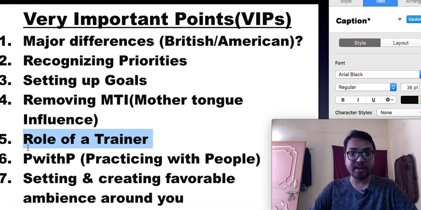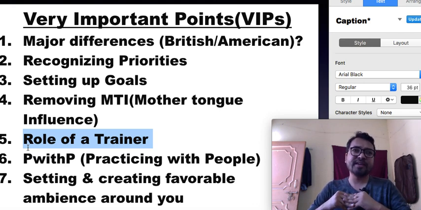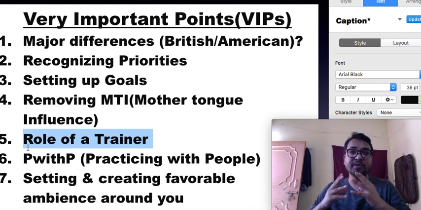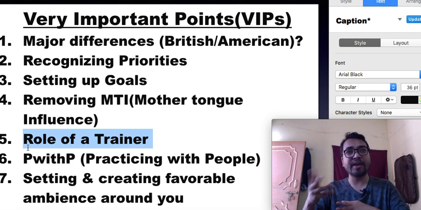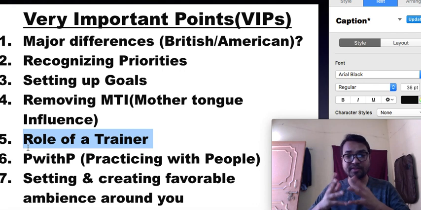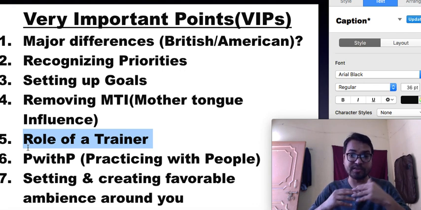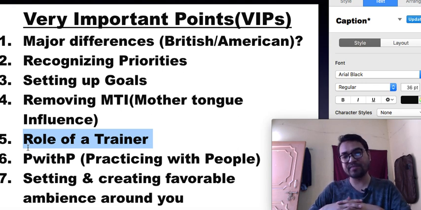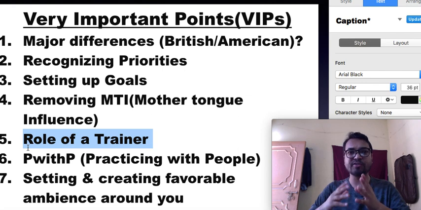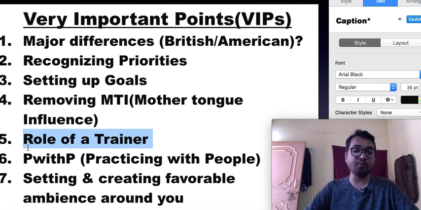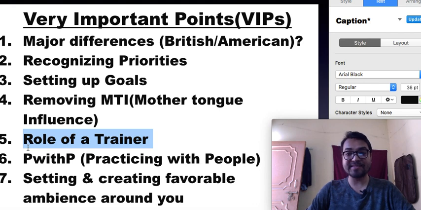You need to have a trainer who can help you in this. After getting counseling from the trainer, he will guide you and also suggest some lessons, so you are definitely going to improve your vocabulary and your way of pronouncing certain words. That is something a trainer plays a quite vital role in, in developing your accent. And then, peer with peer, you need to practice it with people. A trainer will suggest, guide and motivate you more on your journey. But the main thing is how you are practicing what the trainer is saying.